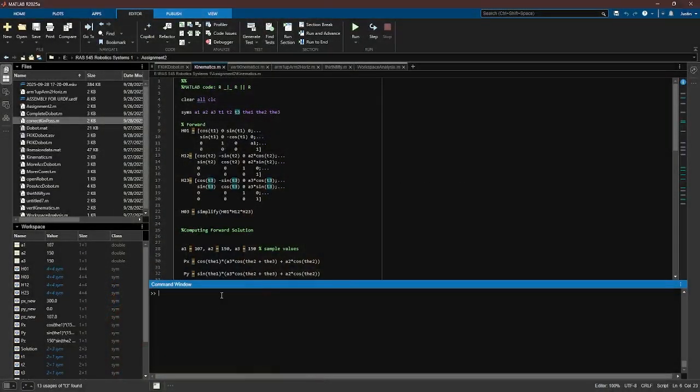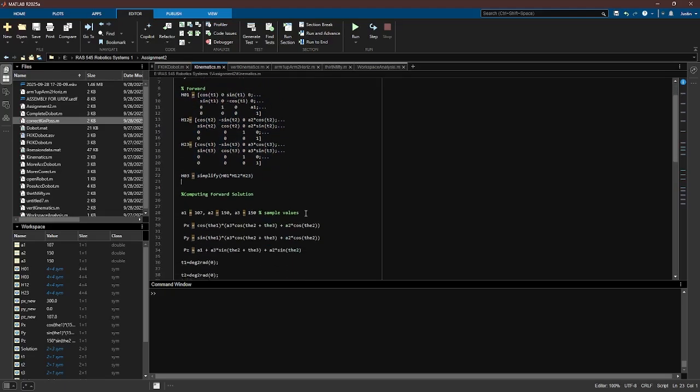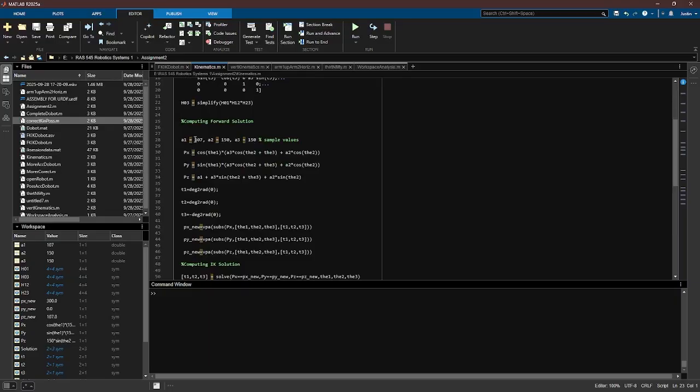Hi, I'm Justin Hansen, and today I'll be going over assignment 2, in which we, in class, created MATLAB code to define the position of an end effector of a robot that is a revolute, perpendicular to revolute, parallel to revolute robot. In class, we created these homogeneous transformation matrices, and to compute the forward solution or the forward